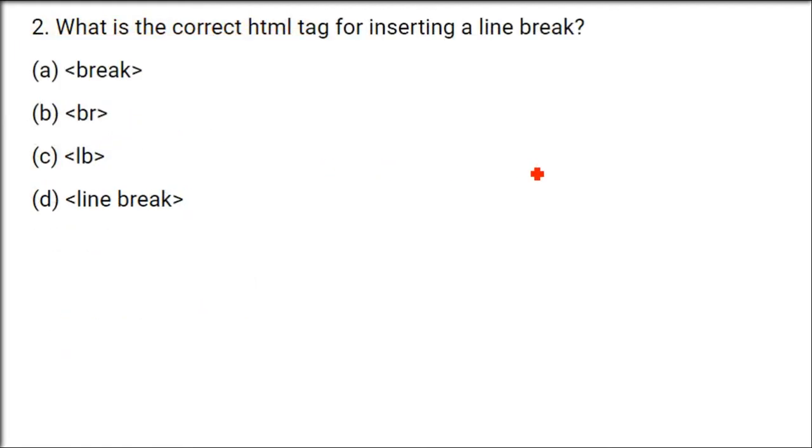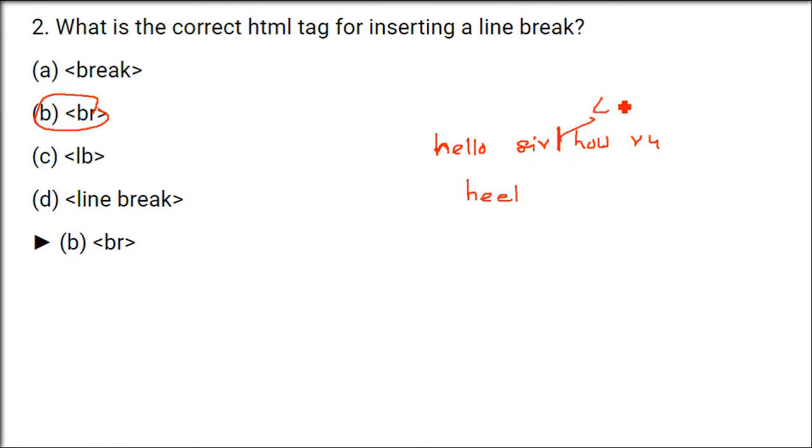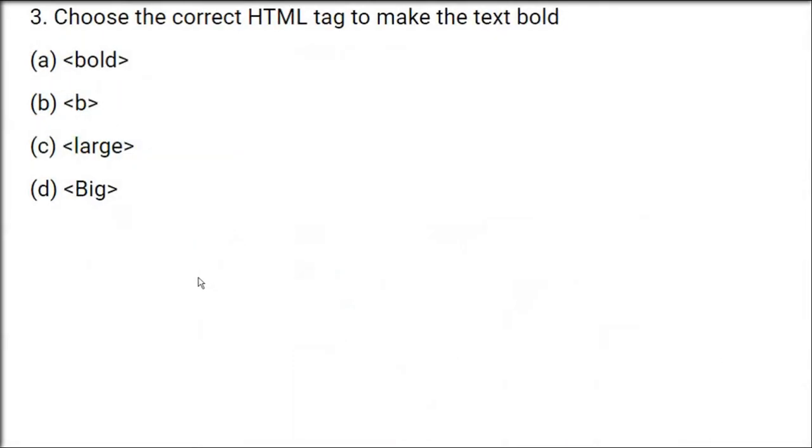What is the correct HTML tag for inserting a line break? Line break we have already seen, BR. For example, I'll just give an example. If you're writing hey, hello and hello sir, and then you have to write how are you in the next line, you want to have a break. That is, this has to come in the next line. When you put BR inside this, hello sir will come on the first line, and how are you will come after a break, that is in the second line. It's like \n in programming. It's like enter in your Word. This is going to come in the next line, BR.